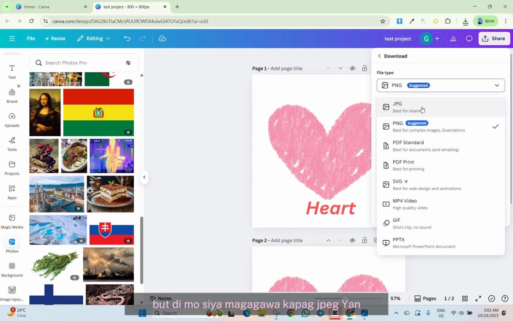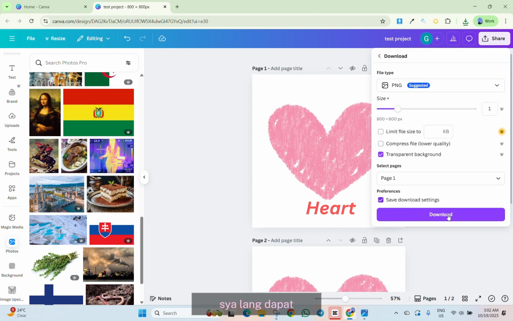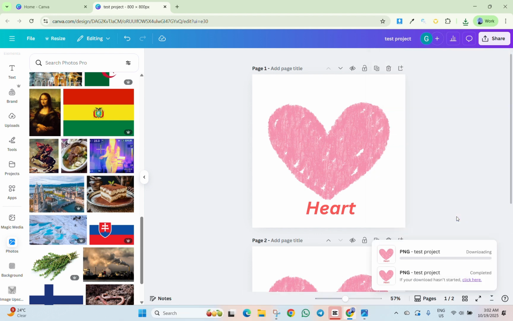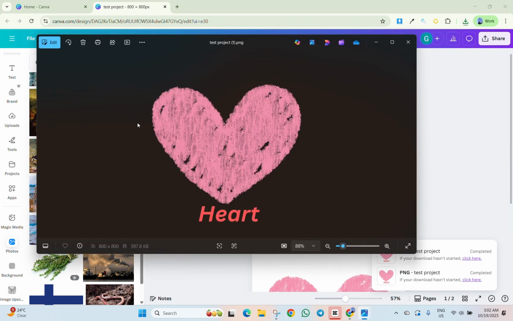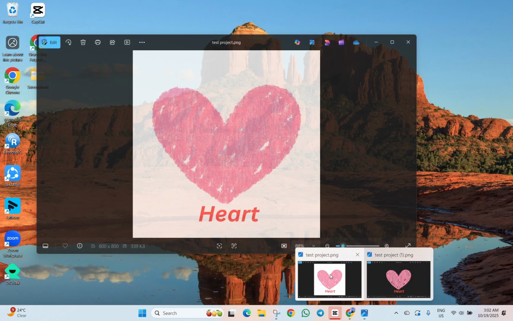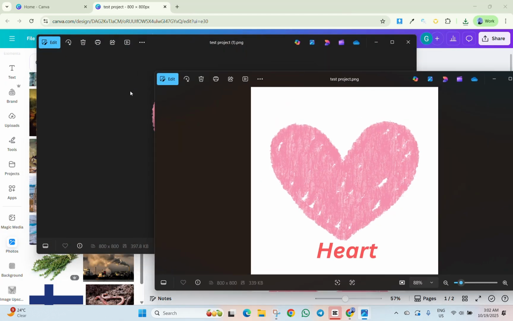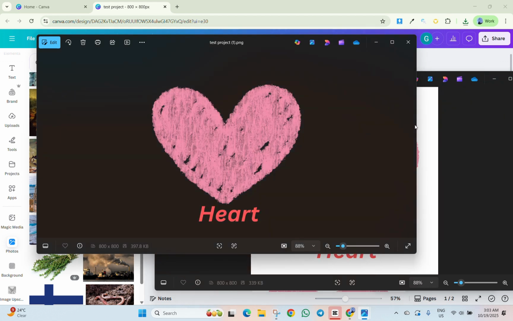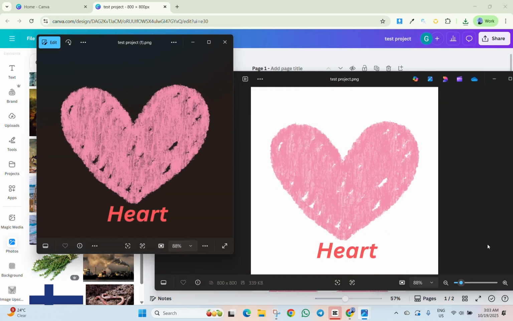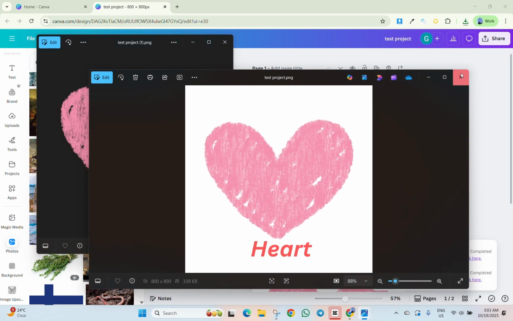Or di mo siya magagawa kapag JPG. See, unlike kanina, see, you have now the transparent and the ones we like.